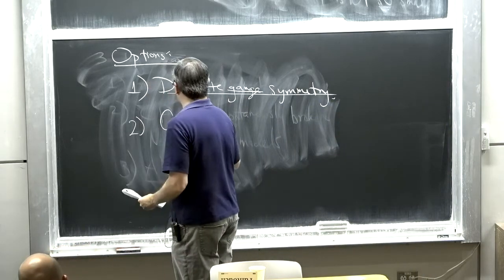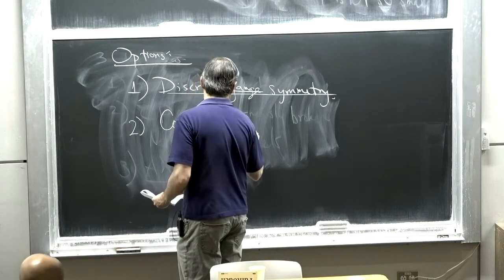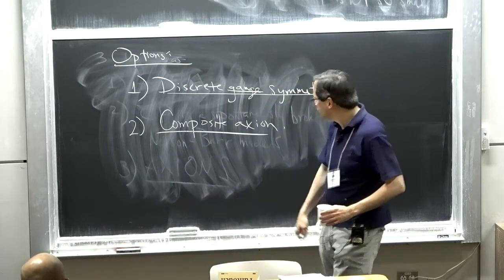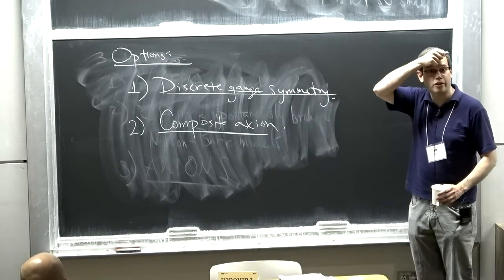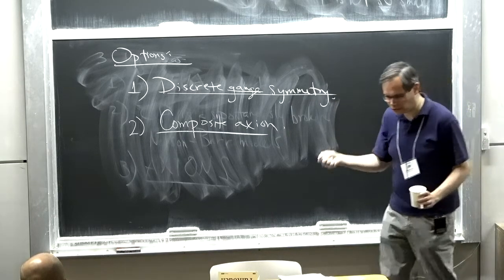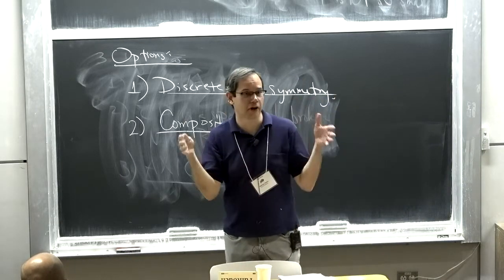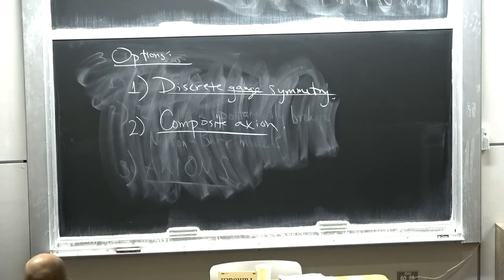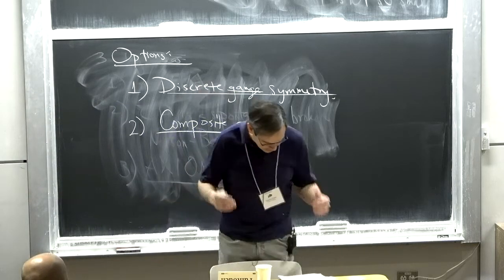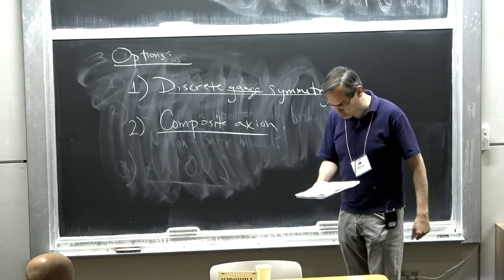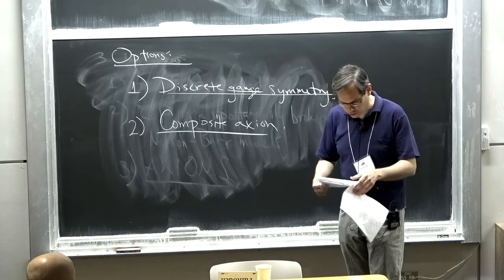Another approach is to have a composite axion. Just like if I want to estimate some high energy baryon number violating effects, I don't use the proton field because the proton isn't fundamental. I use the quarks, right? The thing that would make a proton needs multiple quark fields, so it's a higher dimension thing. If somehow this phi is really some composite object, it's fundamentally higher dimensional, and that can give us more suppression. So loosely speaking, that's another way to build in some automatic factors that are going to suppress these terms.